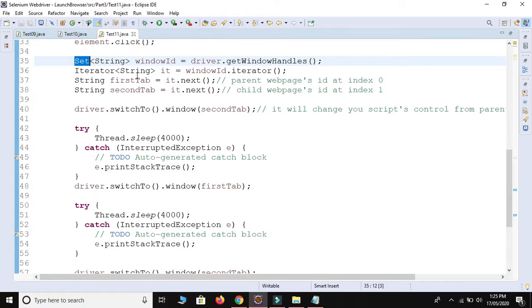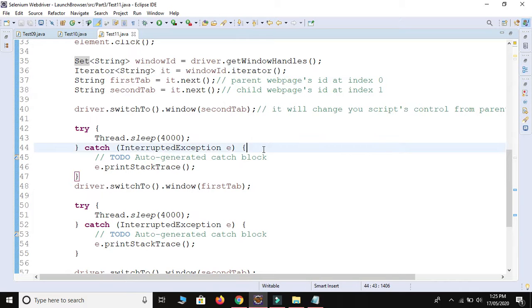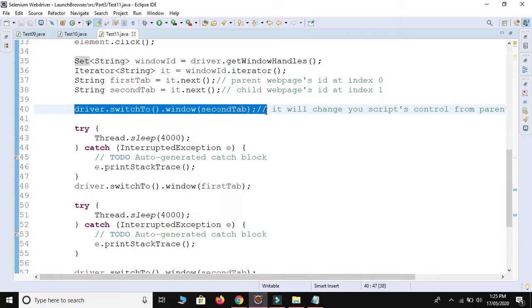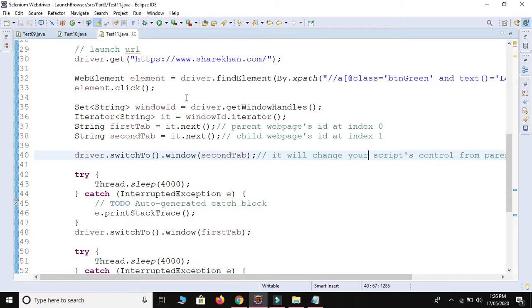Okay, and iterate one by one over the IDs of web pages using the Iterator interface, and then switch your control where you want to enter some data or fill some field or do whatever you want as per the requirement. Okay, so this is the code to switch your control from any tab to any tab.